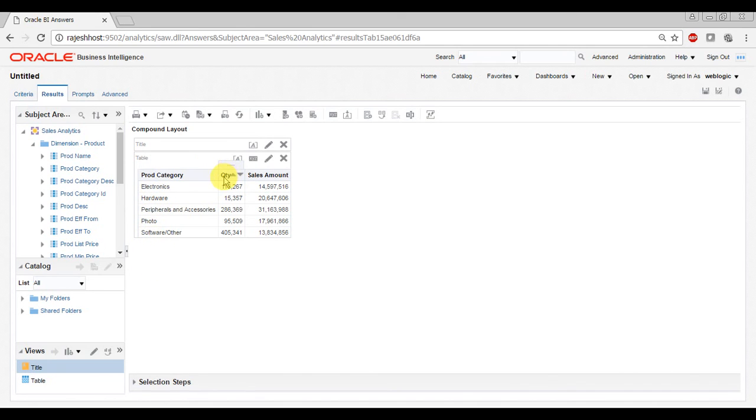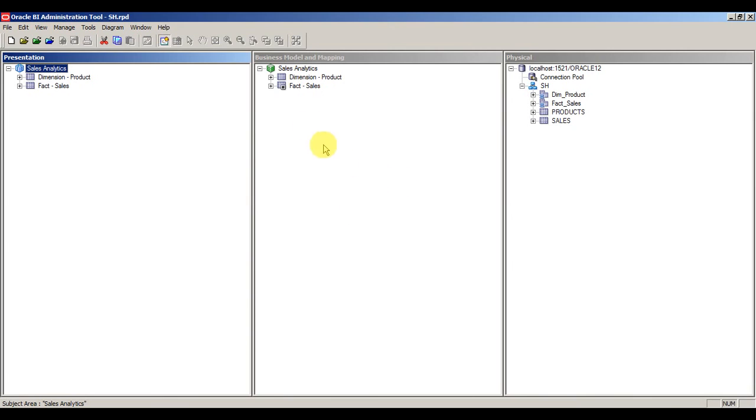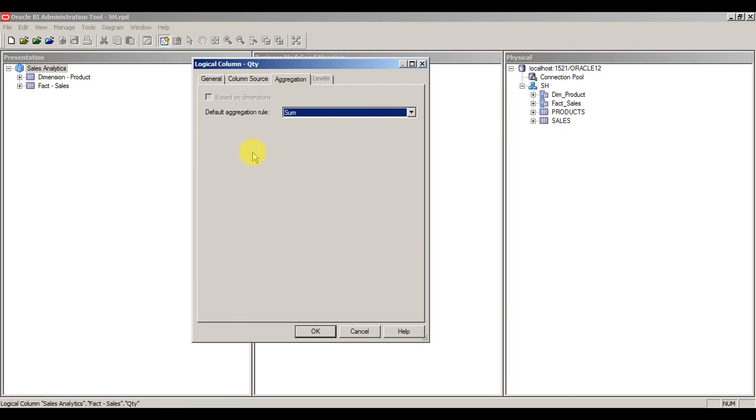But when it comes to quantity, since quantity is a measure, we are adding all the values under the product category electronics in this field. That is nothing but the aggregation option which we have set in the BMM layer. So here you can see the aggregation rule which we have given.